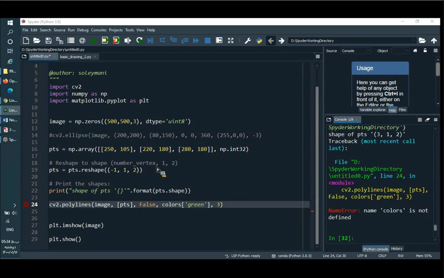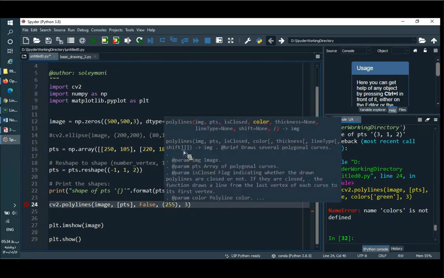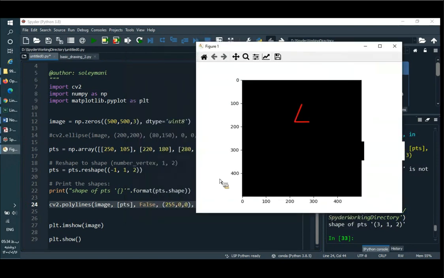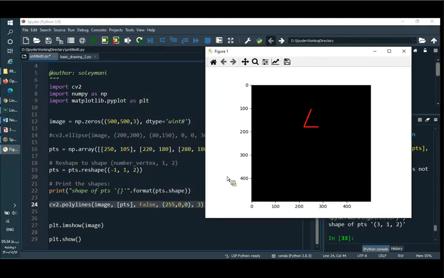Maybe I bring it here, 400, 100, and the last one I bring it here, maybe 400, 400. I want to draw a larger triangle. So if I run it now,